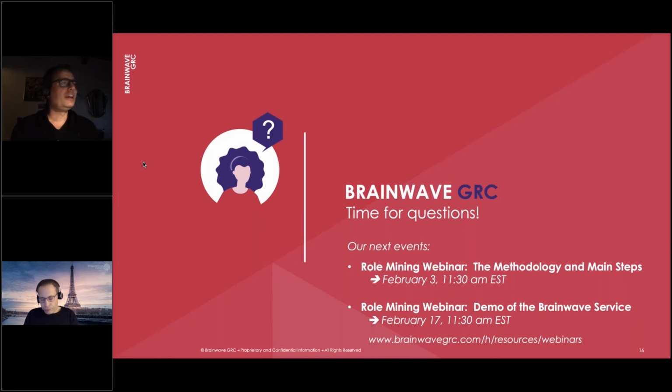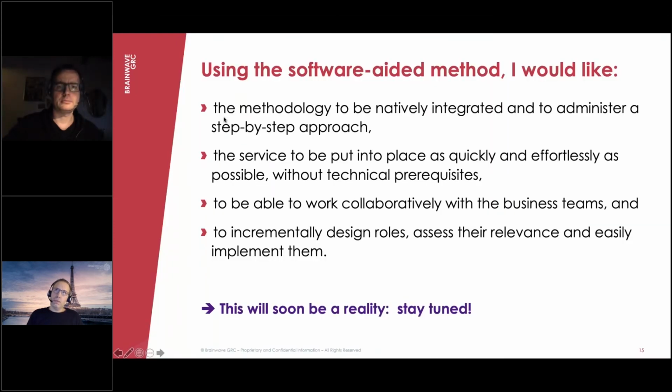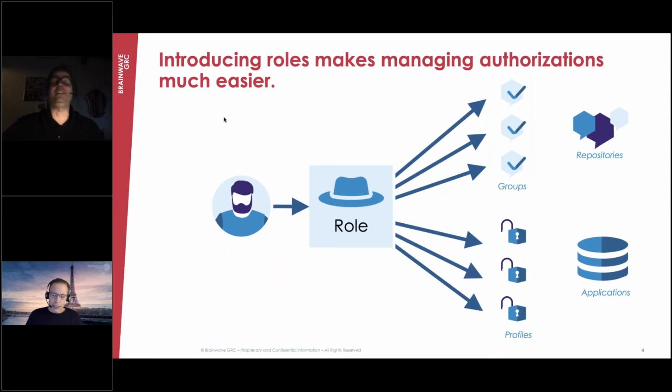Okay, very interesting. I have another question about roles and how to use them. Do you have to regroup all authorizations and assign them through roles? A good question. So when you're starting a role mining or role modeling initiative, of course, this is a goal that you could imagine. This is actually a very bad idea, and the reason for this is because